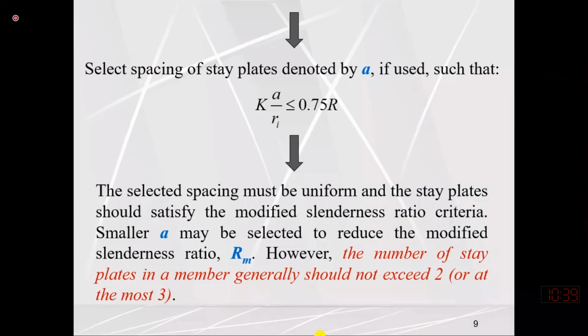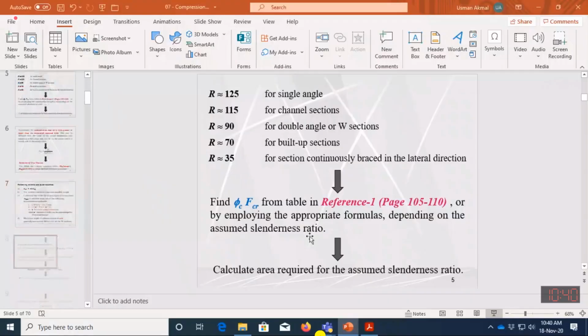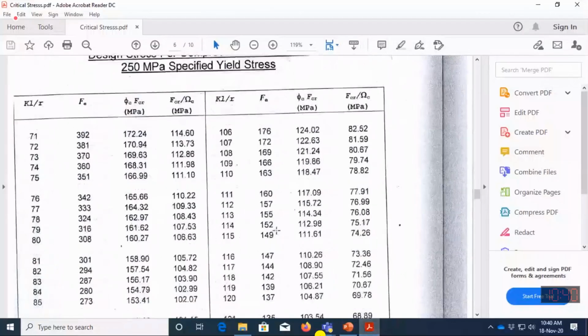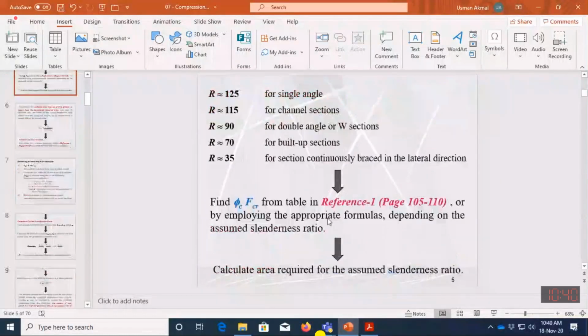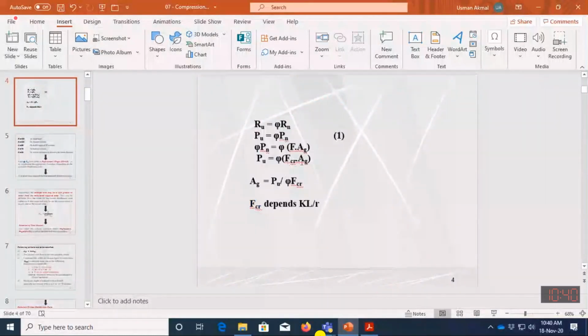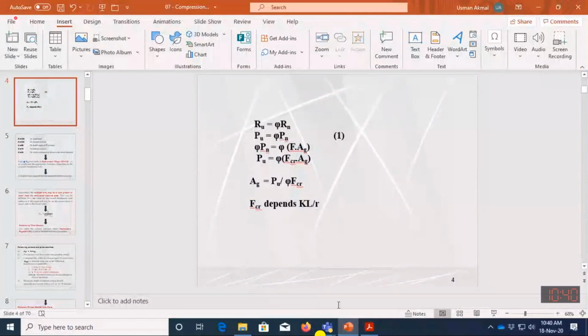Okay, now we actually know the slenderness ratio here. For the actual slenderness ratio, you can check the actual phi C Fcr value from this table. And if you know the actual phi C Fcr value from this table, then you already know the gross area because you have already selected a section, and then you can compute this capacity phi C Pn. And this capacity should be more than this Pu value, then it may satisfy.